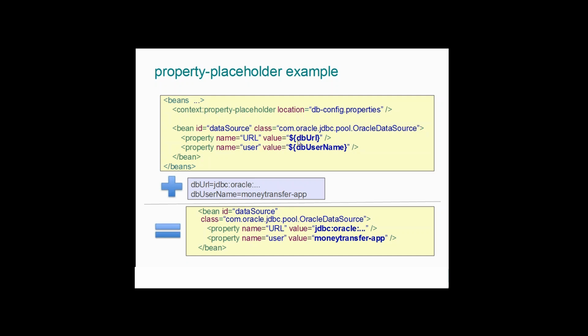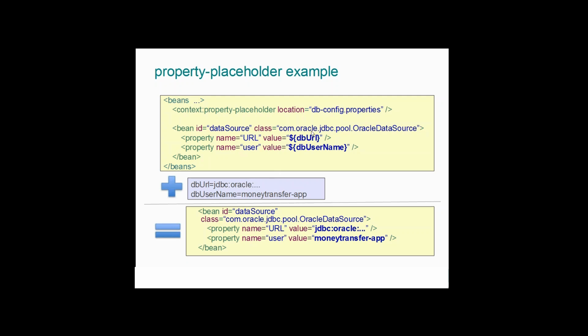I think we discussed this, there is a dollar sign within curly braces. If I specify the key at runtime, before even the object gets created, I need to replace it with the actual url and actual username. That is being done using this property placeholder. It loads this configuration file, and whenever you have the dollar sign with the curly braces, it will go and search in the dbconfig property file,